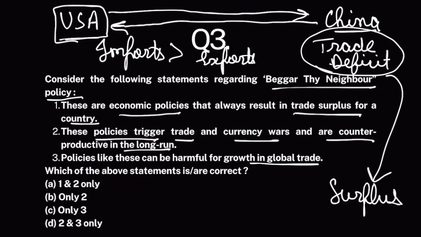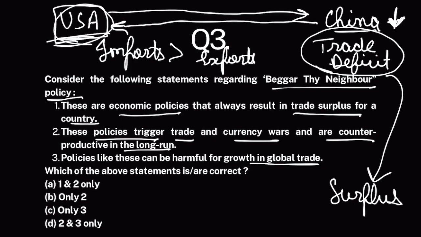For that, USA is imposing taxes on imports from China. USA is imposing tariffs on imports from China. Because now, after these taxes, Chinese goods in USA would become expensive, and because they'll become expensive, fewer people are going to buy Chinese goods. So imports from China would decline. Plus, USA is also taking all sorts of actions against China so that Chinese exports decline. So the purpose over here is to reduce Chinese exports. Now, this would generate heavy losses for China.